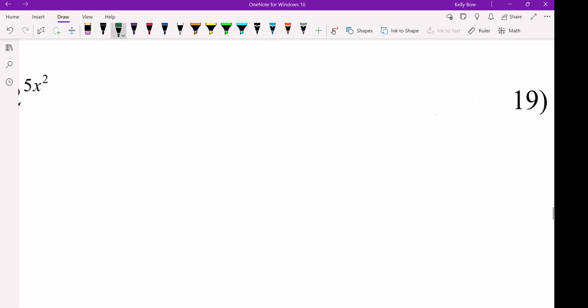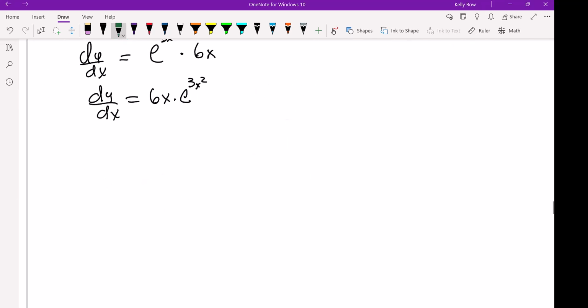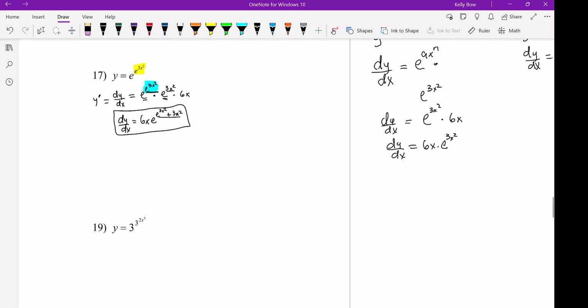Now the similar, except for, well, I should have shown you this up here. You're also going to multiply it by the ln of e. So if it's e to the x, the derivative is e to the x times the natural log of the base. Well, ln of e, that base is e, so that just cancels to 1. So this is why the derivative of e to the x is e to the x, because the ln of e cancels to 1. So when we come over here to the base that is not e, you have to remember,